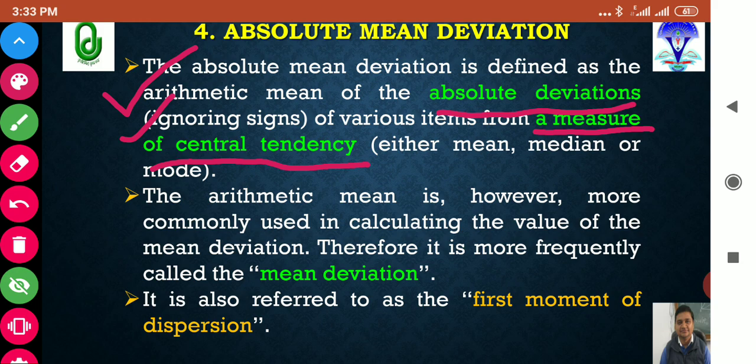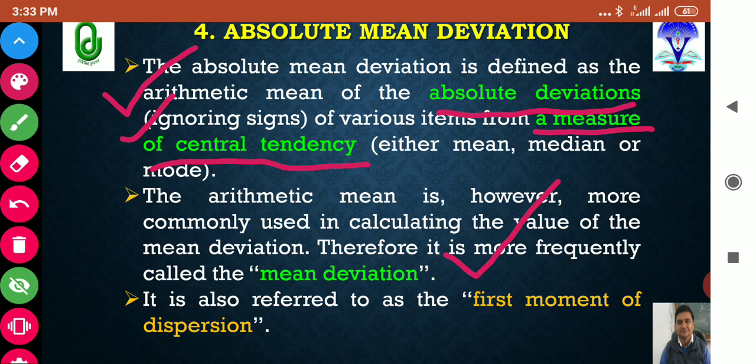So this is called absolute mean deviation. If you see the formula, it will be clearer to you. The arithmetic mean is, however, more commonly used in calculating the value of mean deviation. Therefore, it is most frequently used as mean deviation. So many a times,